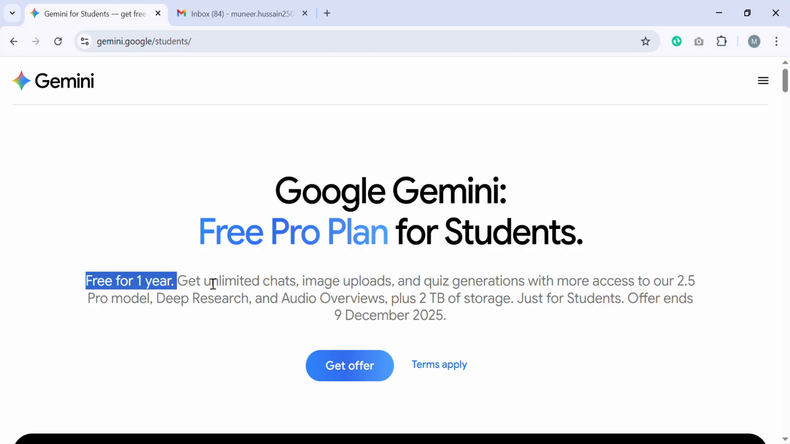Get unlimited chats, image uploads, and quick generations with more access to the 2.5 Pro model. This is the most advanced model currently in Gemini Pro. Also deep research, audio reviews, and the main thing is it will give you 2 TB of storage. This is for students only,